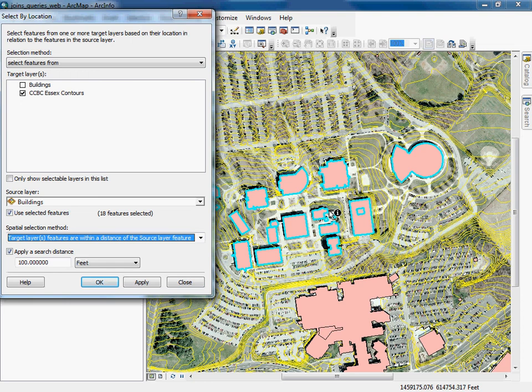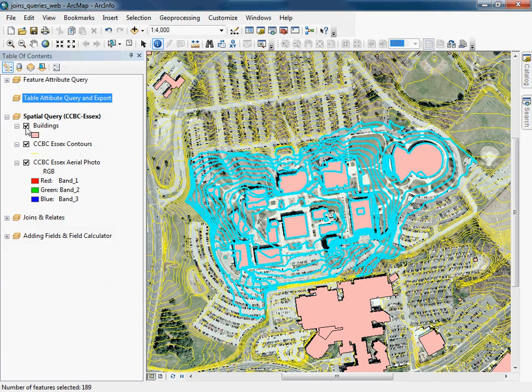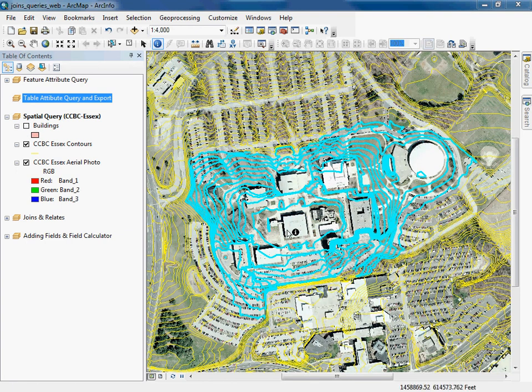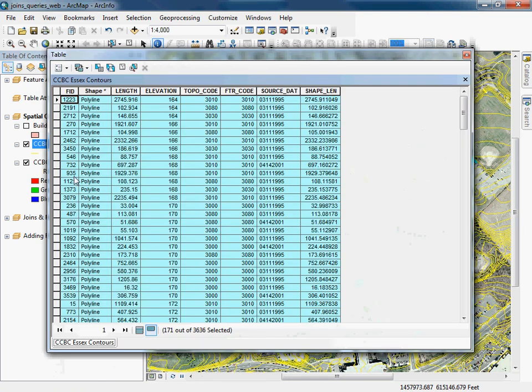So based on this selection, it's going to select from the yellow layer of contours. And when I do that, I'm going to say OK here, and I'm going to turn off the buildings for clarity's sake. And you can see of all these yellow contours, only these are the ones that came within 100 feet of that building layer. Now I can actually open up that attribute table, and I can see which ones I have selected. In this case, I have 171 out of the